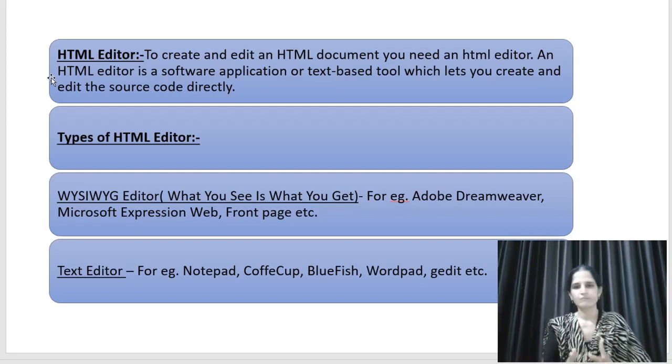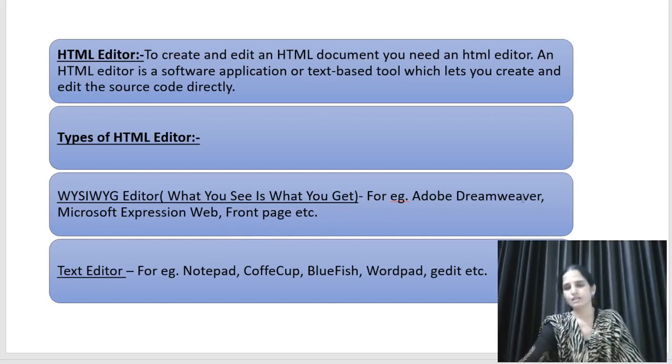Two types of HTML editor are there. One is what you see is what you get, and second is the text editor. First we are talking about what you see is what you get. These are ready-made web page applications. Some examples are Adobe Dreamweaver, Microsoft Expression Web, Front Page.